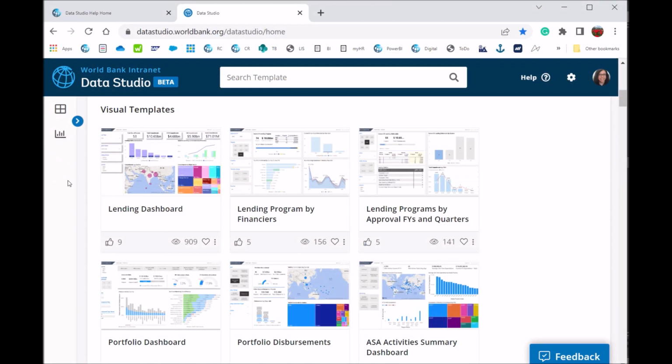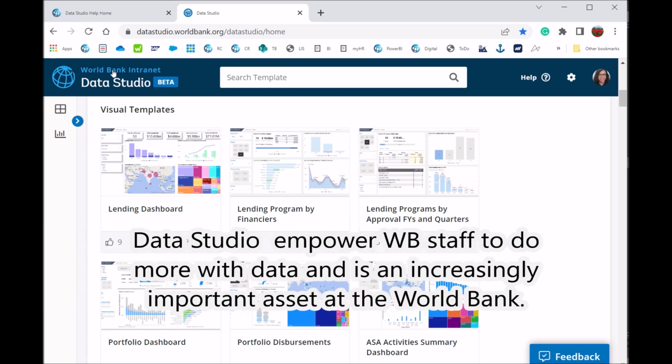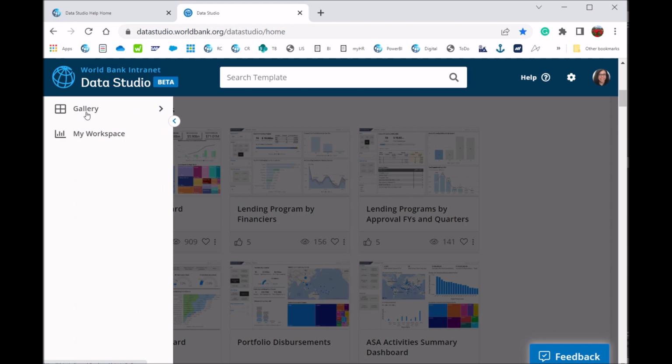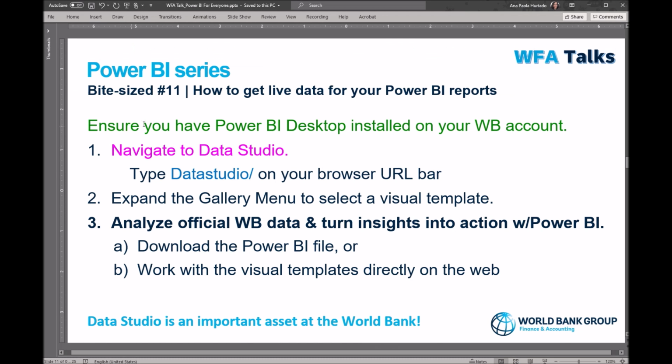Alright, bank staff can discover and explore official World Bank data with Data Studio. Data Studio is a self-service data solution designed by ITS and provides easy access to dynamic reports, dashboards, visualization templates using Power BI. To access the official World Bank live data, first and foremost, you need to ensure you have